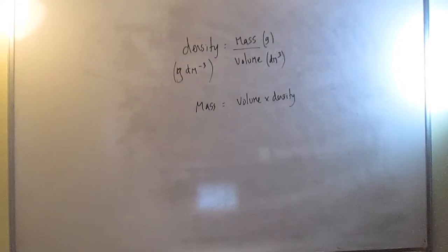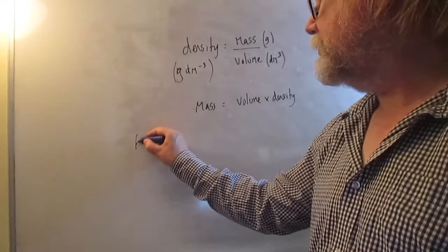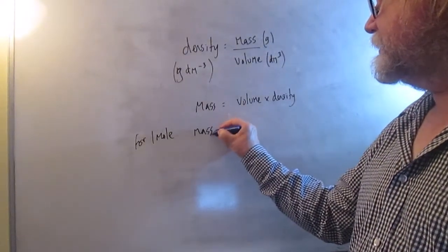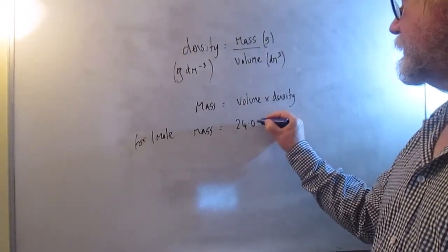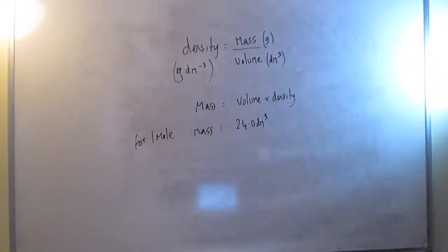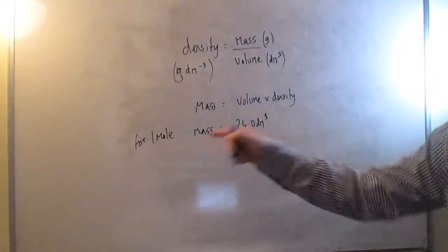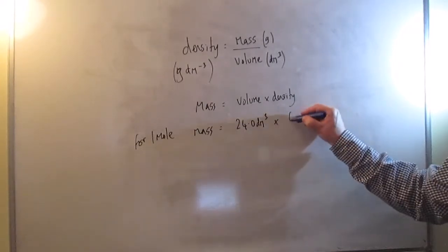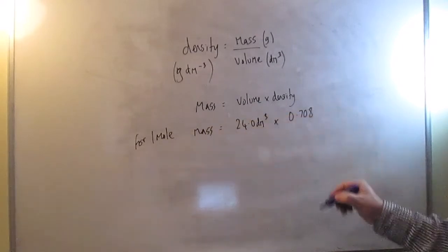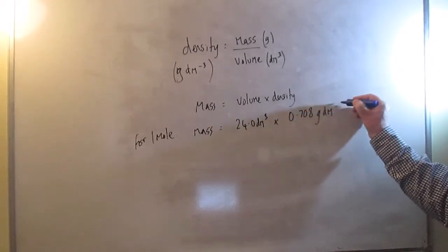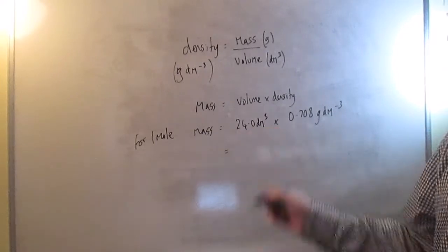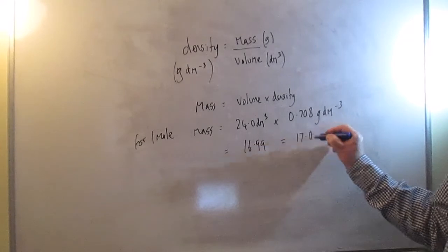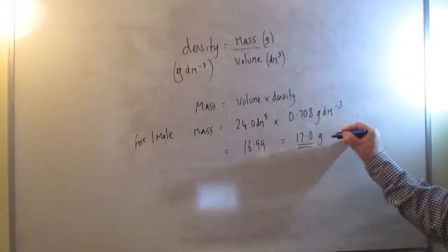And the reason that's useful is that for 1 mole the mass is equal to 24 dm cubed, because we know that that's the case for 1 mole of any gas at room temperature and pressure, times the density, which it tells us is 0.708 grams per dm cubed. And if we multiply those together, that comes to 16.99, which is therefore 17.0 to 3 significant figures, 17.0 grams